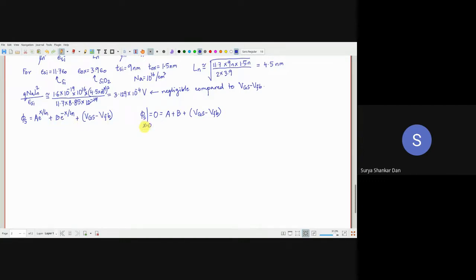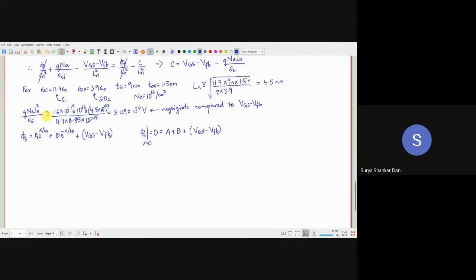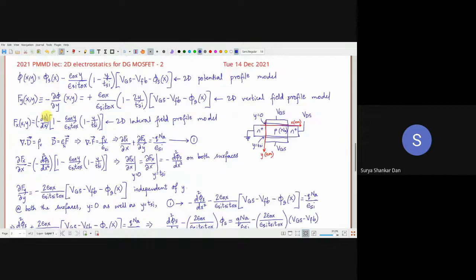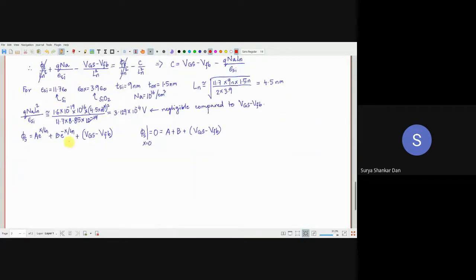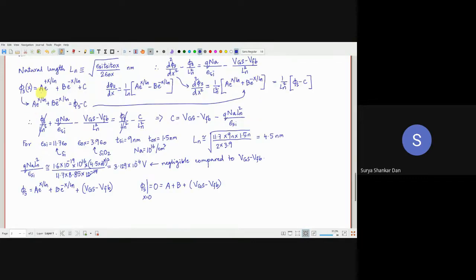We are going to find out x equal to capital L. What is the capital L here? So this is your x equal to 0. This is your capital L. That means L is the channel length here. Don't make a mistake with capital L and ln. Okay. So now you understand why it is called the natural length. I told you, it's a natural length. First of all, I established that ln is going to have the units of nanometers, and it is in the dimension of length.